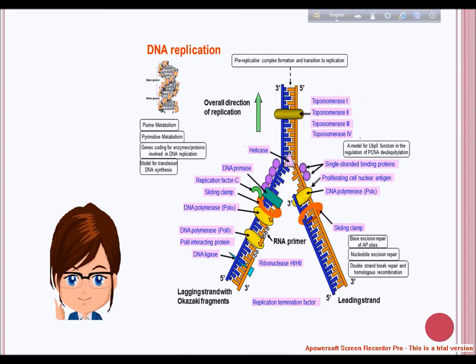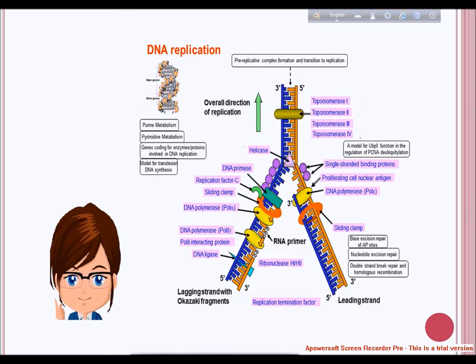At these sites, which look like bubbles, the hydrogen bonds between the bases are broken and the paired bases separate. After a replication bubble has been opened, molecules of an enzyme called DNA polymerase insert themselves into the space between the two strands. The helix begins to pull apart or unwind. This unwinding of the helix is facilitated by an enzyme called helicase, which is a part of the replication complex, a group of enzymes and other proteins that take care of the replication process.